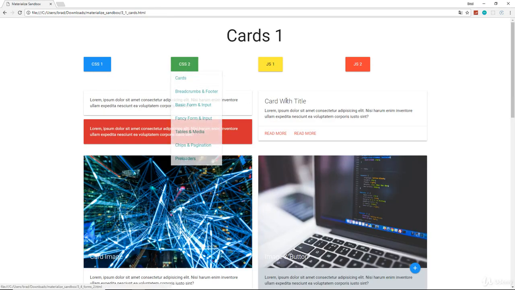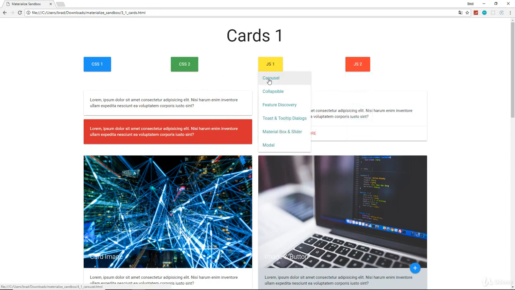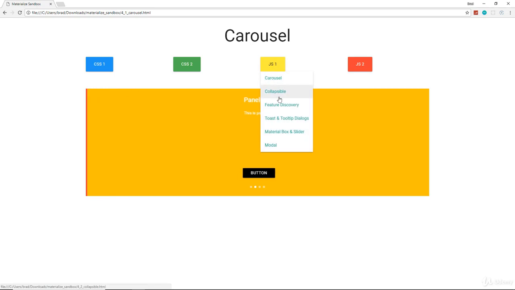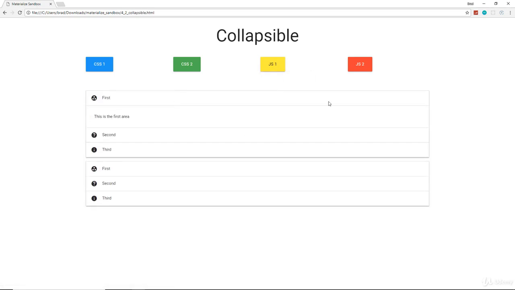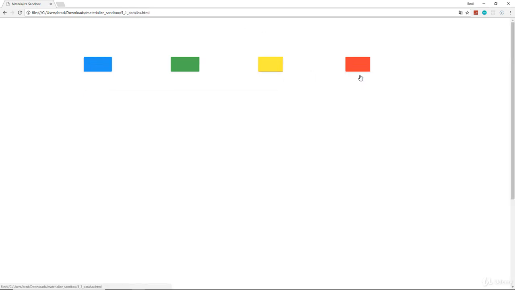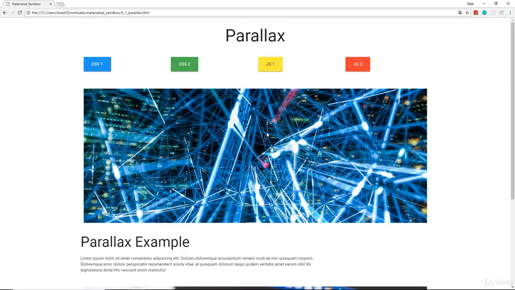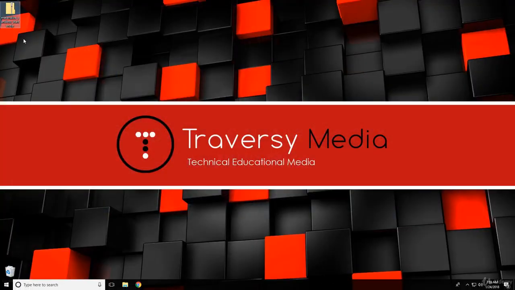tables and forms, things like that. And then 4 and 5 will be on JavaScript. So for instance, the carousel, we'll look at the collapsible tabs, things like that, parallax, so different JavaScript features. So this is basically the end result of the Sandbox. Okay, and this will be included in this particular lecture's files, but what's really important is the starter version of